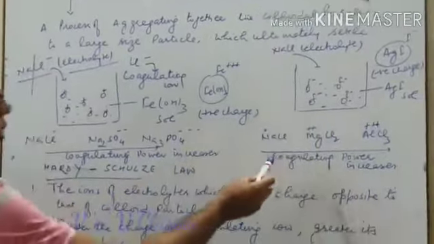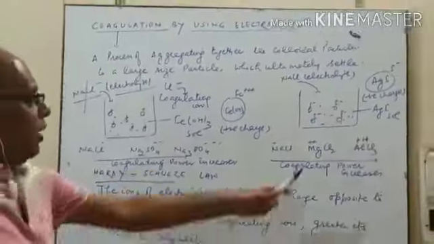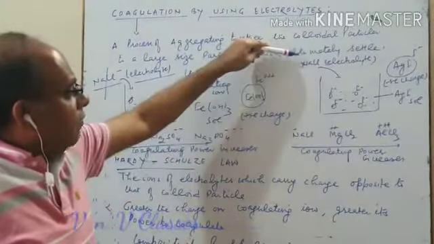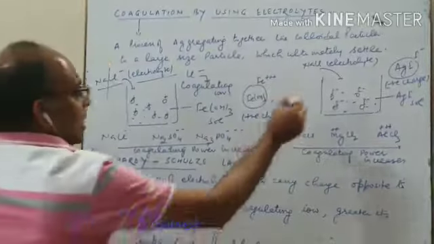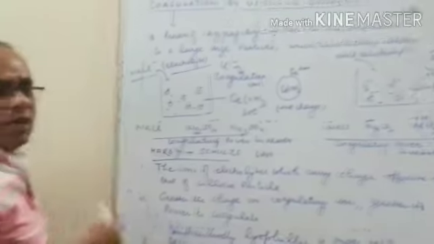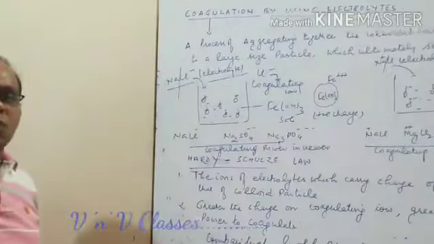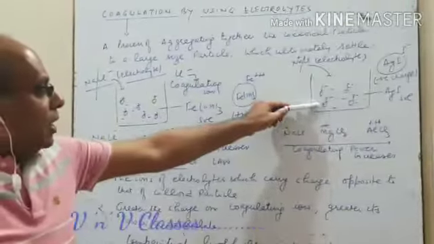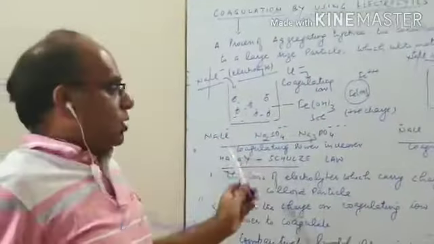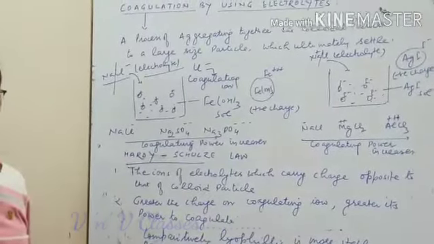You see another example. We have silver iodide colloidal sol. Here in this silver iodide colloidal sol, what do we find? The colloid particles have negative charge. Now when we add NaCl, since they are having negative charge, I think it's very clear to you all, which ion will cause coagulation? Correct, this will be Na positive, which will cause coagulation because colloid particle has negative charge. So Na positive will cause its coagulation. So this is coagulation by using ions. This is coagulation by using electrolytes.